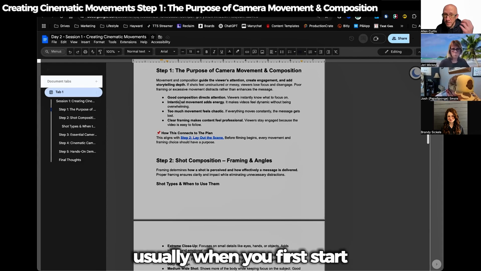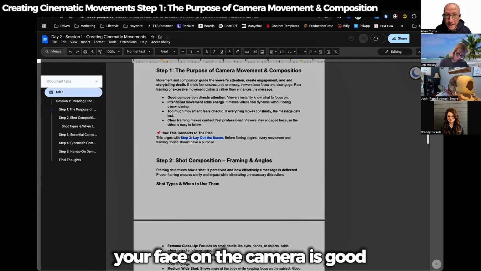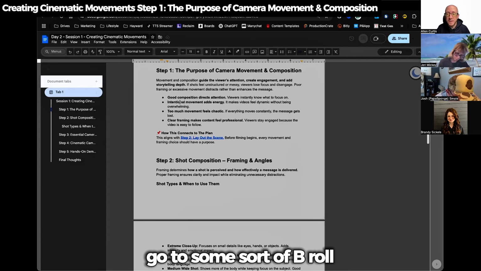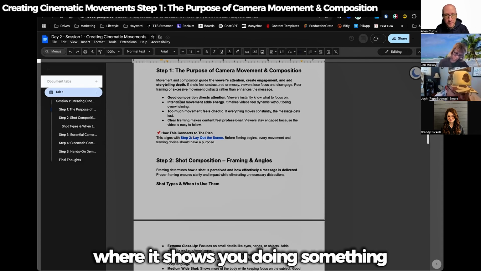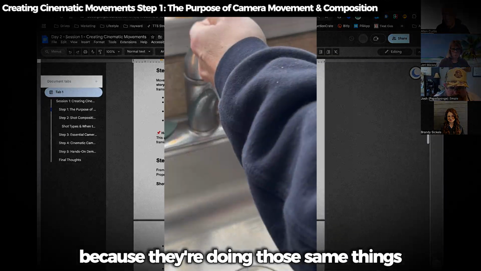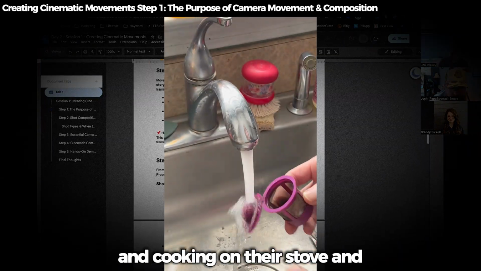Usually when you first start, your face on the camera is good. And then you go right into, within the first probably 6 or so seconds, go to some sort of B-roll where it shows you doing something. Because it helps relate to the viewer because they're doing those same things. They're washing their dishes and cooking on the stove